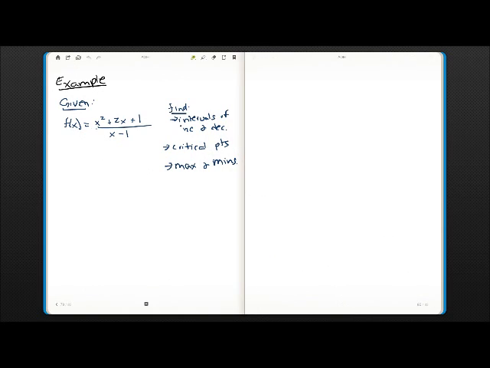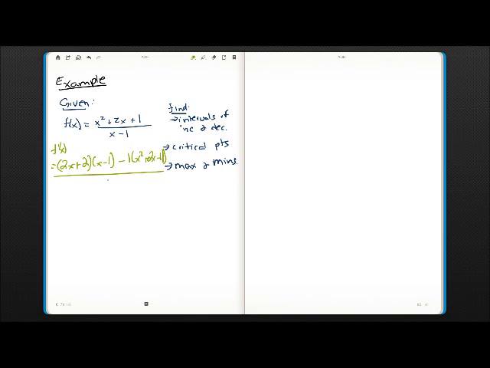Here's an example: f of x equals x squared plus 2x plus 1 all over x minus 1. In this example, you're supposed to find the intervals of increasing and decreasing, critical points, and max and mins. So let's start. The derivative of this function, f prime of x, you should be able to find. It's 2x plus 2 times x minus 1, minus 1 times x squared plus 2x plus 1,